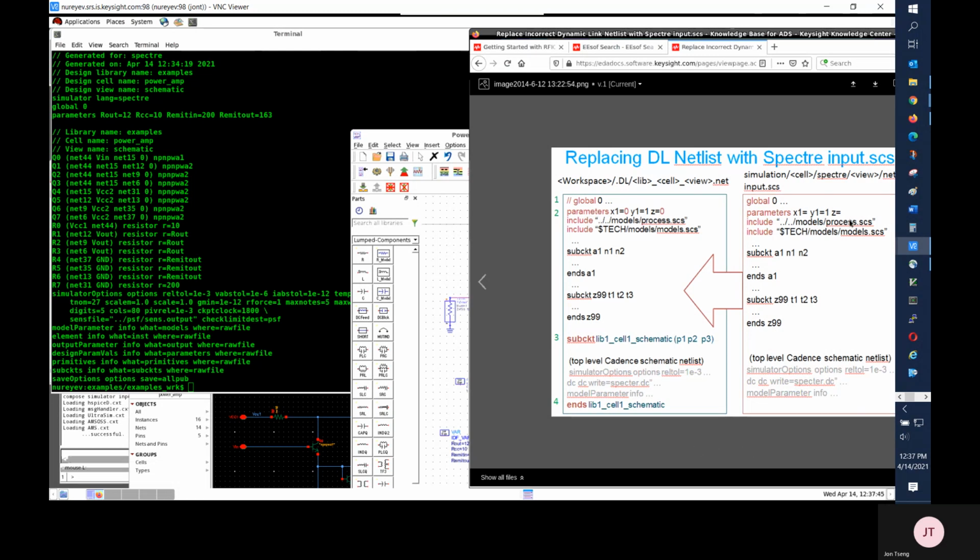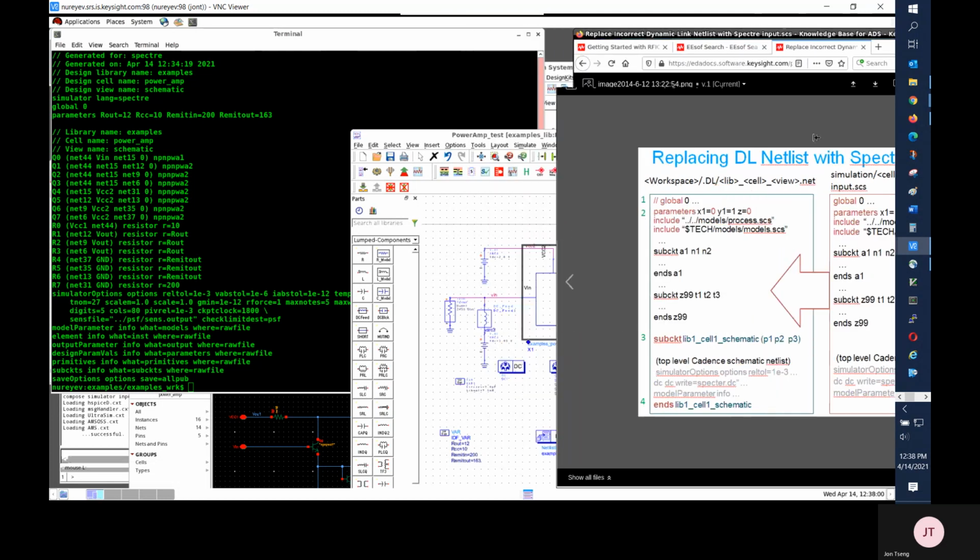Some of the information is out of date. The first step is no longer necessary. It caused ADS error when I posted this solution, but later ADS releases fixed the issue and no longer require global statement to be on the first line of the netlist.